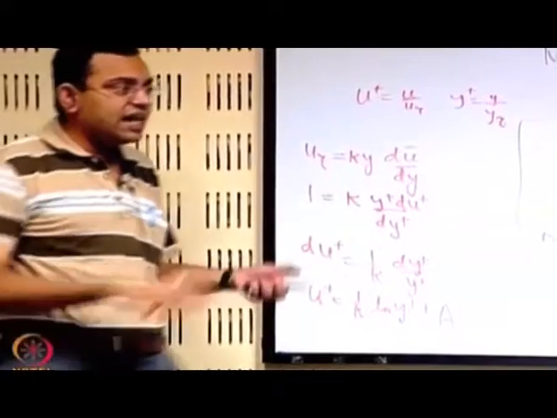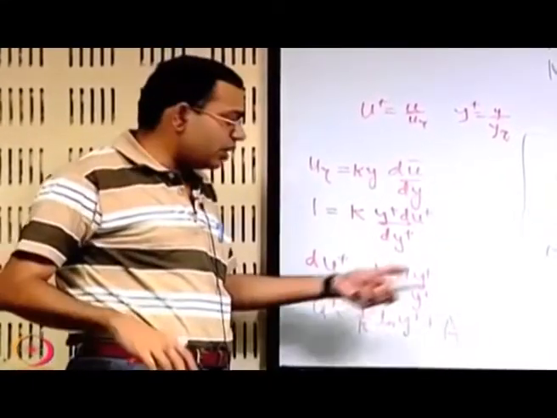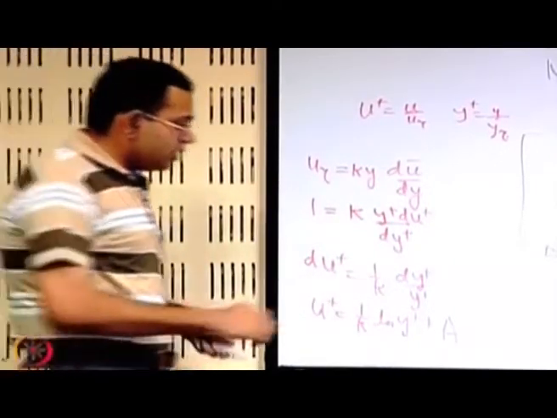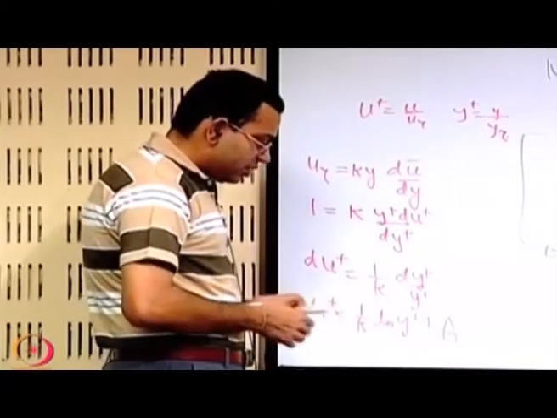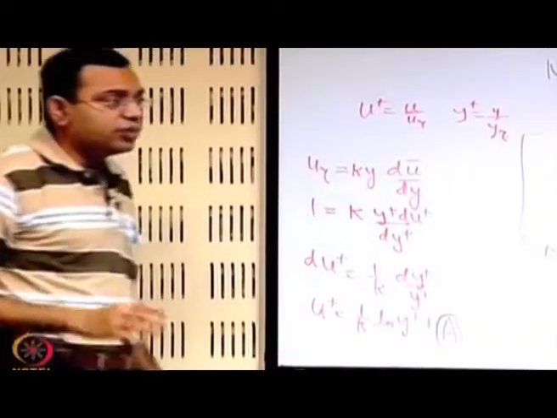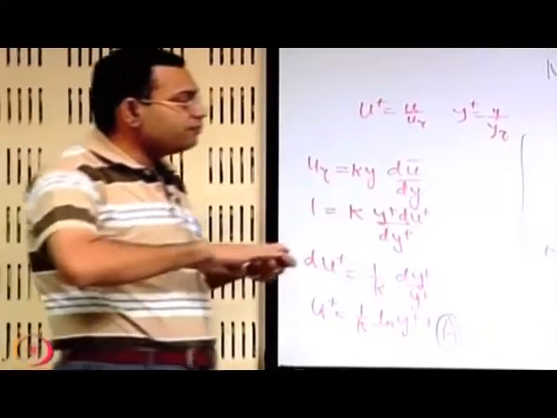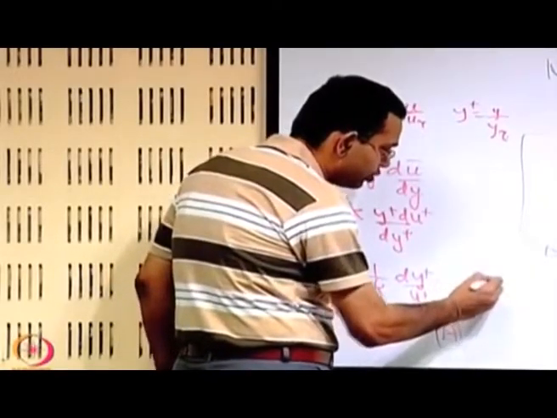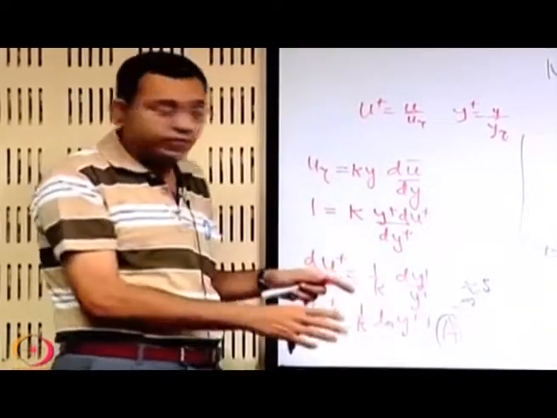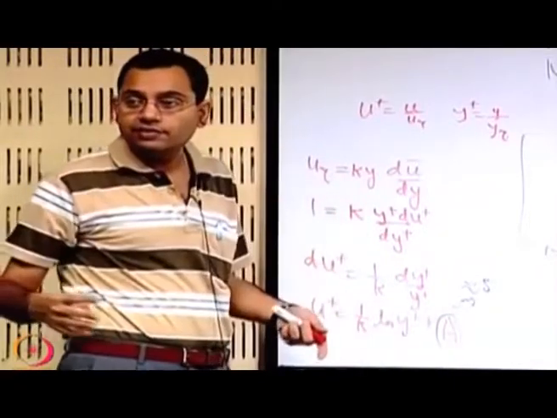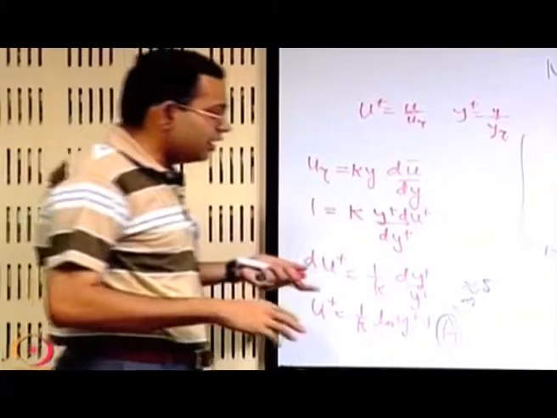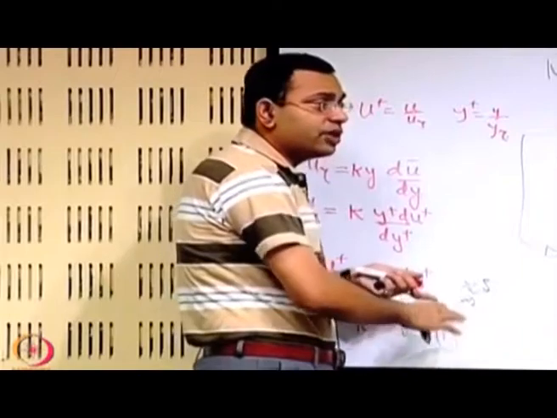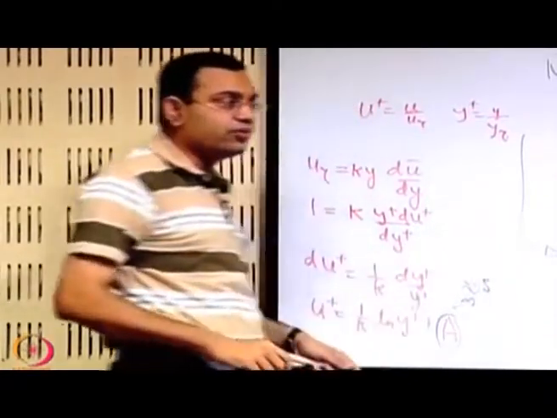This tells that at a distance somewhat away from the wall the velocity profile should vary logarithmically, and there are important constants appearing. The constant A will of course depend on many things, but for a wall which is very smooth, from experiments this A came out to be very close to 5. See, this is not an exact picture, therefore the constant should be fitted with experiments. So lots of experiments were conducted, and from all the experiments which have been conducted from that time till now, this value of A for a very smooth wall is very close to 5.